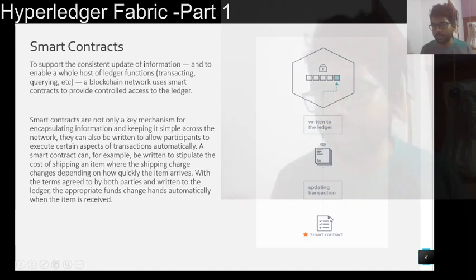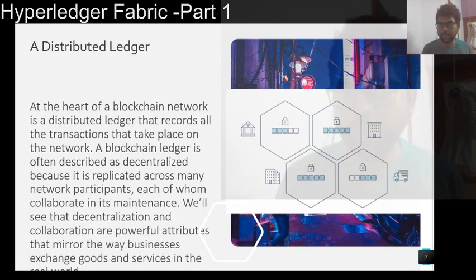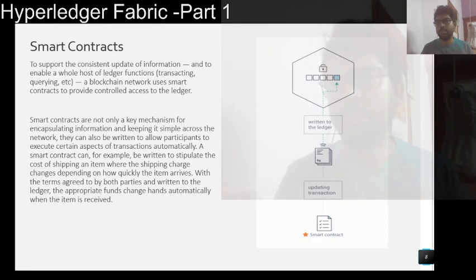So you use this smart contract to update the block. In the existing four-party diagram, if one of the parties has write permission, then he can put the data into the blockchain. The others can only view the data. Just to go back here, you can see four parties. One of them in this four-party network can be restricted to view only, while another can put in data because he's the logistics party. Who is controlling this? Basically, this is controlled by the smart contract.